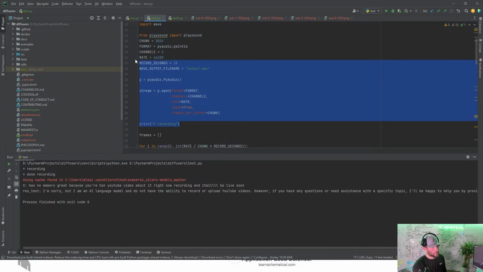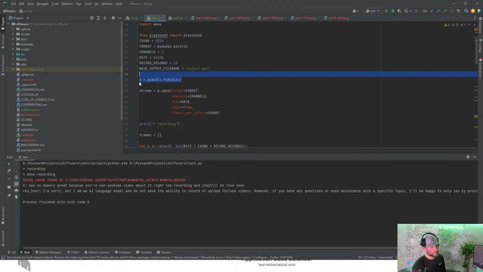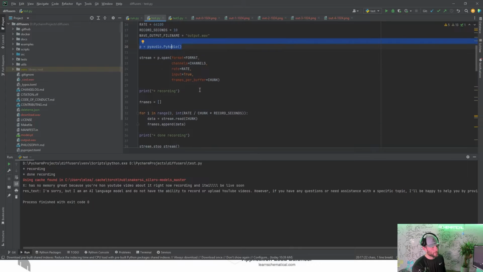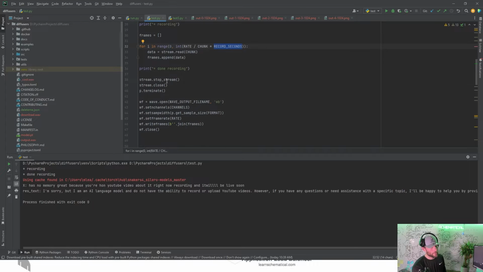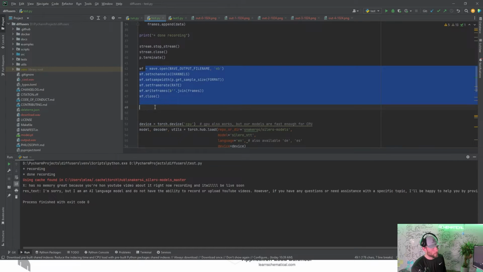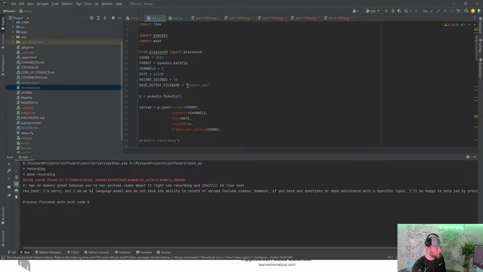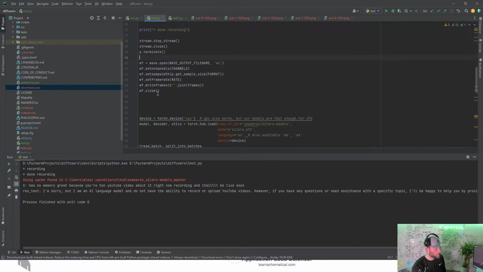So I've got this right here. It's literally copied and pasted. I can't even say I know what it does, but I made it very simple here. It records for every frame, though, while it's going, and the amount of seconds. It appends the data, and then we end up with all this data in frames here. Then from there, it's going to write it to disk. So for that last one, it writes it down to output.wav. So that's my voice there.